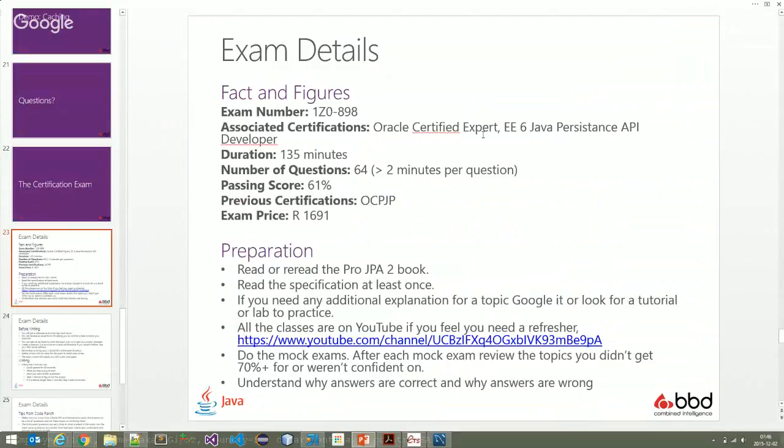No. But anyway, so you can go on there, if you want to go and book the exam yourself, and claim it back when you pass it. So for the preparation, like I said, definitely the BBD 2 book, the book we've been going through. If you haven't read any of this yet, go and read it and probably reread it. It's important that you read the specification. A lot of the wording in the certification exam comes out of the specification. So it might be more familiar reading the specification, seeing it there. It's not going to tell you anything necessarily more than what's in the book, but it'll definitely get you